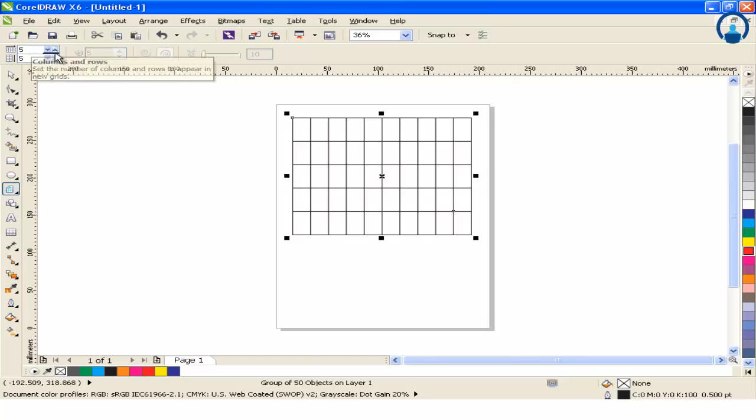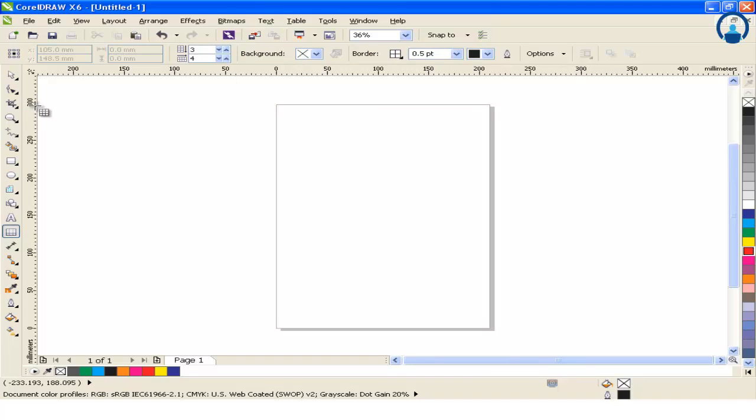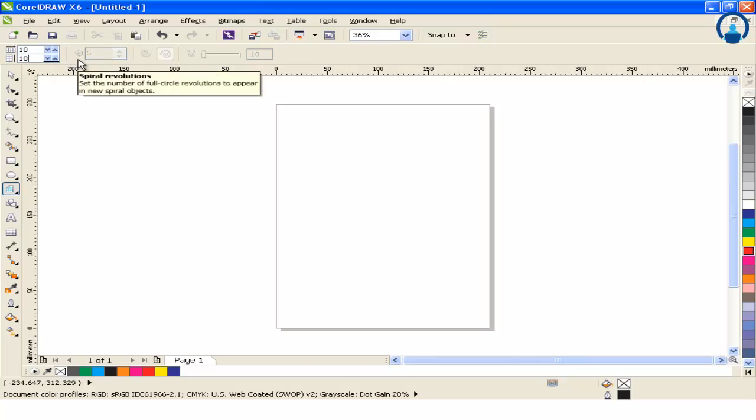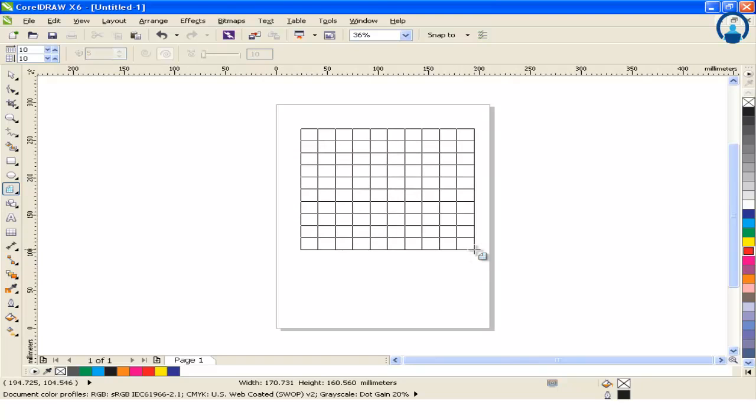Suppose I want to change the size. Once you have drawn this object, you cannot increase or decrease the boxes. If you want to, you need to go to that particular tool again, the graph paper tool, the shortcut for which is D, and then put some figure here. This 10 I put, and horizontal also I put 10. Press enter, and then I can drag. See, this